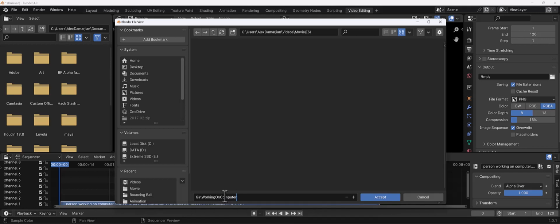on computer underscore plate. Now, plate is short for background plate, which is like in a lot of movies you have the background plate. Now I'm going to put another underscore here, and what that does is as this renders out the image sequence, it's going to automatically add numbers behind it to keep it in sequence. So I'm going to go ahead and accept